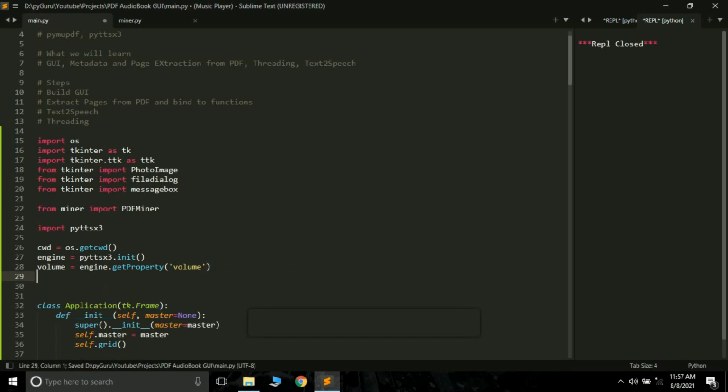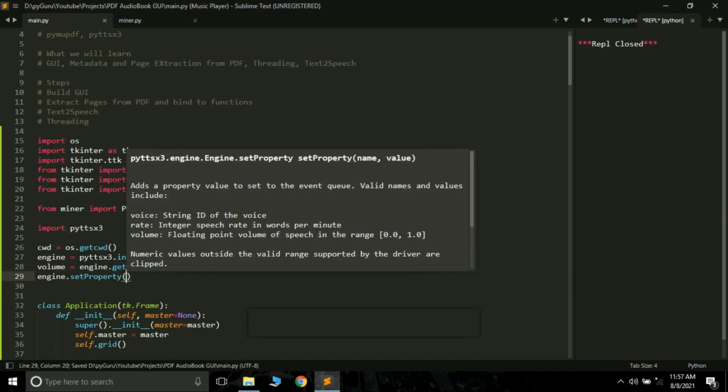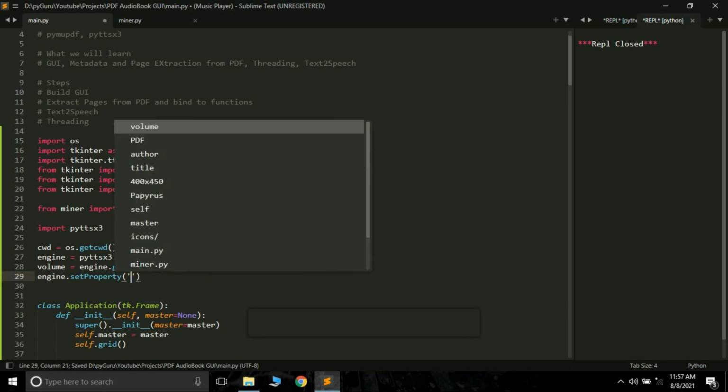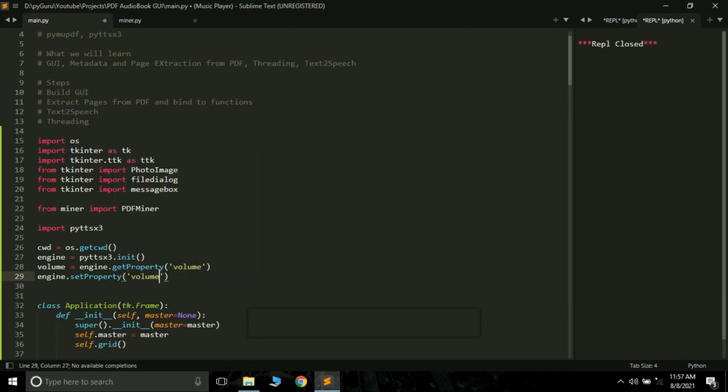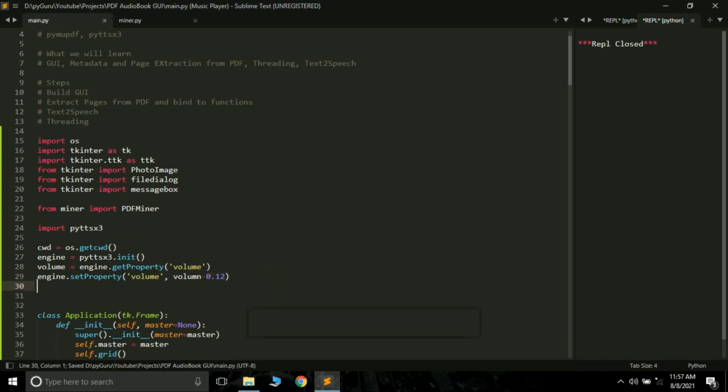So volume, then engine.setProperty, and here you have to pass the property name, which is volume, and then whatever the original volume is, and then we are going to subtract 0.12 from it. Basically, if the engine is too loud, you can just decrease the volume of your engine or the speaker.